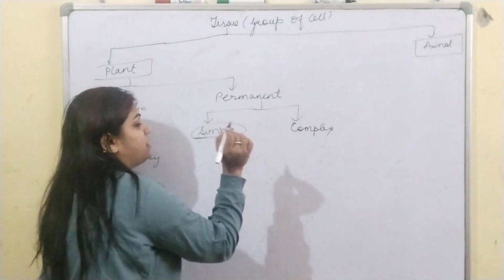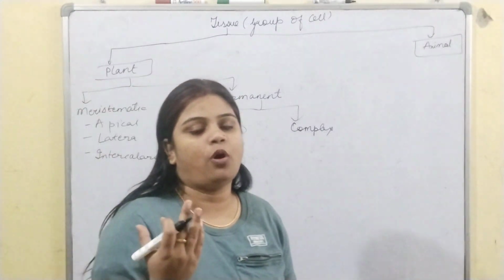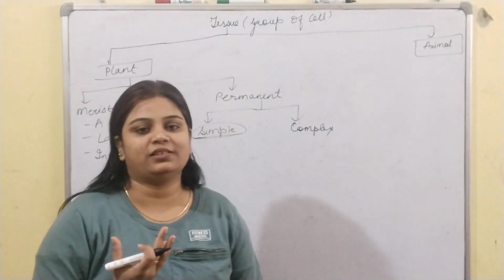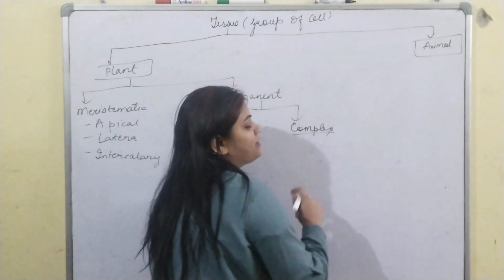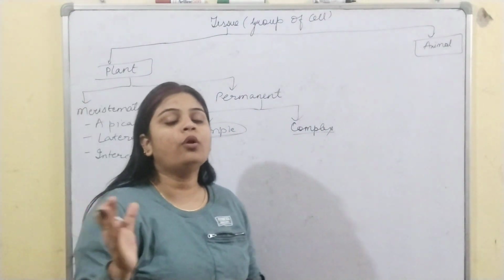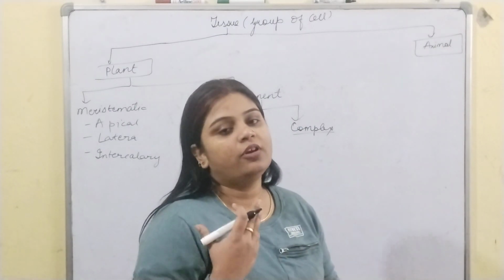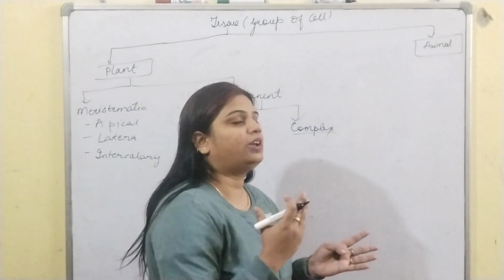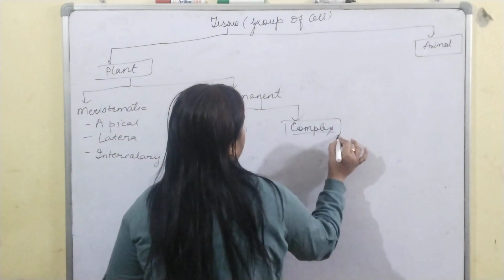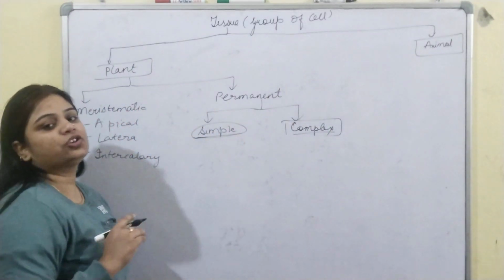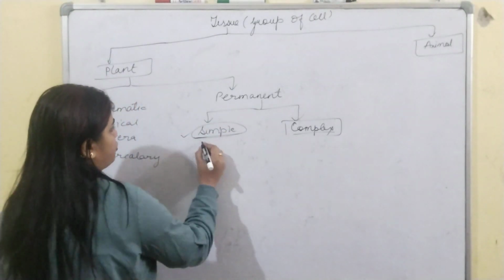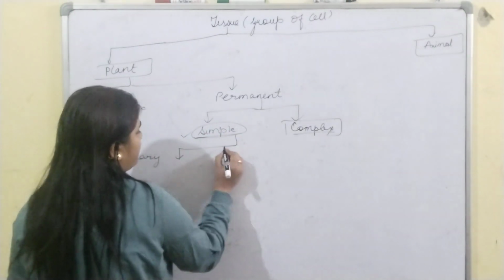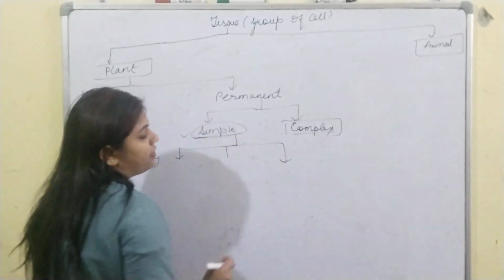The name only suggests that it is made up of a single type of cells, only one type of repeated cells, and complex is made up of different types of cells. Different types of cells make a complex tissue, and in simple tissue only one type of cell constitutes the tissue. The simple tissue is further divided into three types, that are